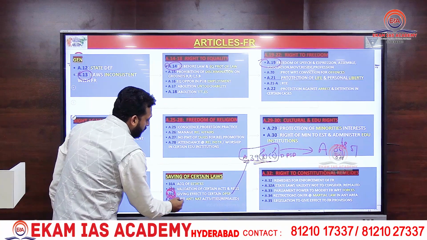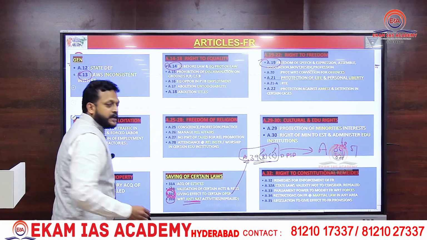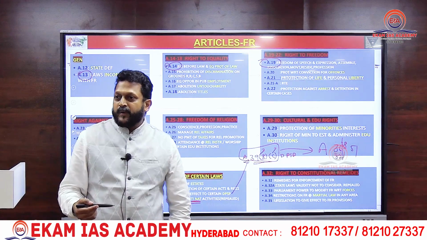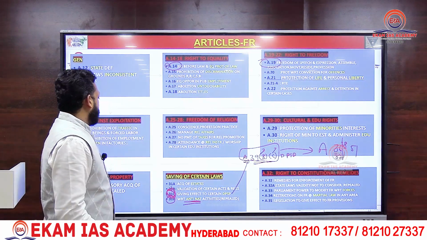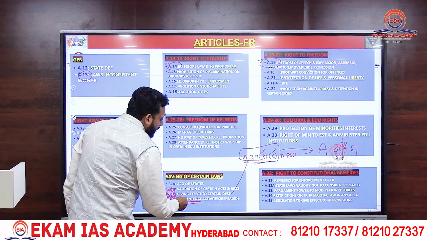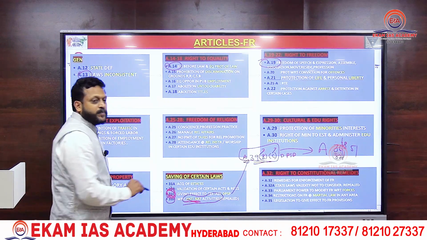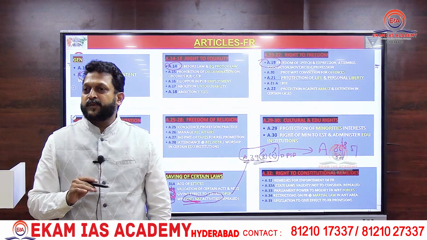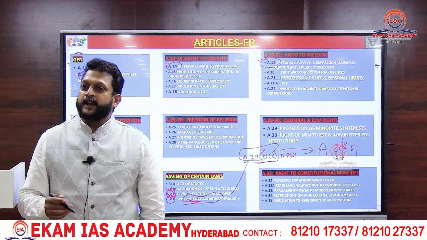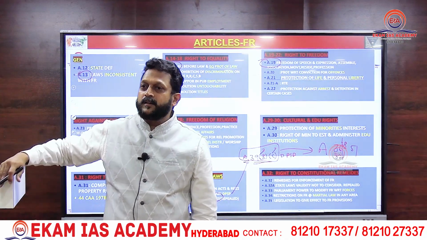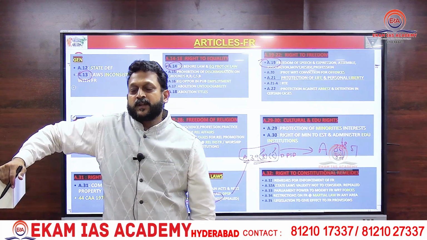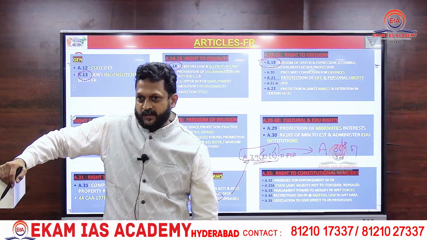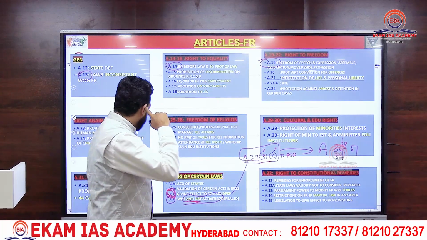31D is with respect to that same thing, saving of laws. If the government is making any law with respect to anti-national activities, it has been repealed. Okay? Repealed means it has been removed. With respect to anti-national activities, then it is immune from any court. Then what has the court told? No, then it's taking out our judicial review, which is independence of judiciary. You can't do that. Okay?